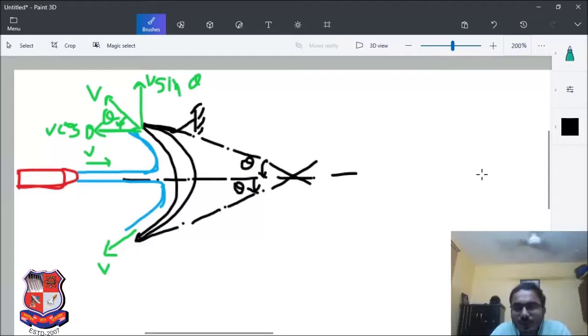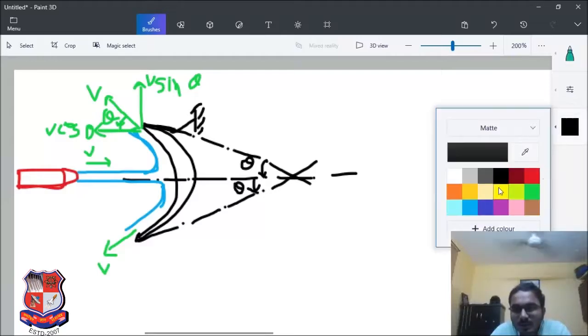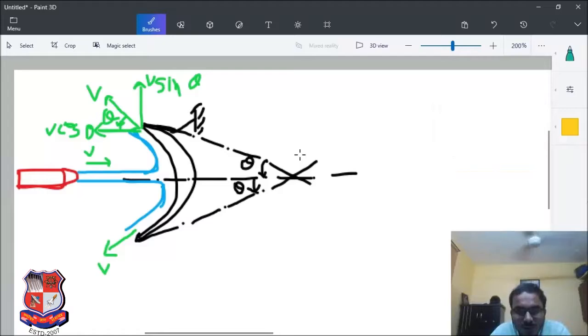Now what will be the angle of deflection in this case? Angle of deflection is something which is new. Initially it was in this direction, and now after striking the direction has changed, that is, this direction has come. So what will be the angle of deflection? This entire angle will be called the angle of deflection, which in our case is 180 degrees. So this is called the angle of deflection, and we are done with this figure.